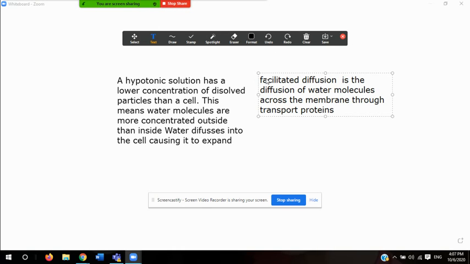So that means that transport proteins basically make it easier for certain molecules to pass or to enter or exit a cell. Okay, so again, it's basically the same way that diffusion works with water, but in this case, there's a transport protein, and that transport protein basically just helps water move. So let's see if I can illustrate this to you guys, and see if I can help illustrate the point better. We have a cell,